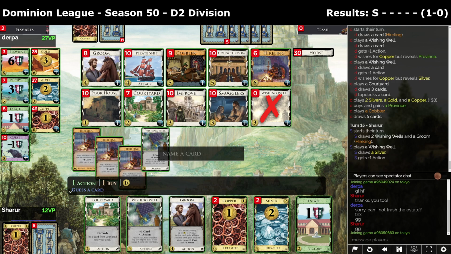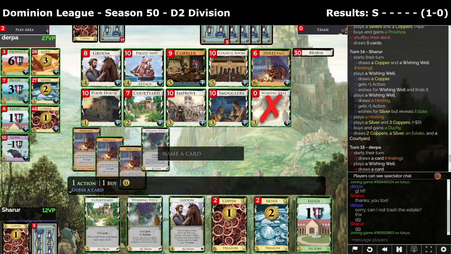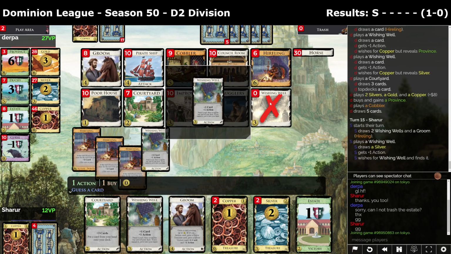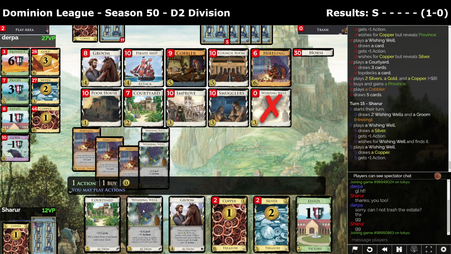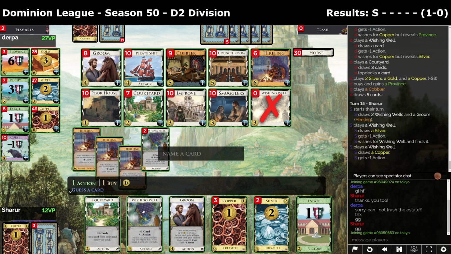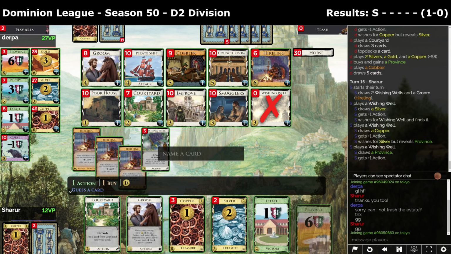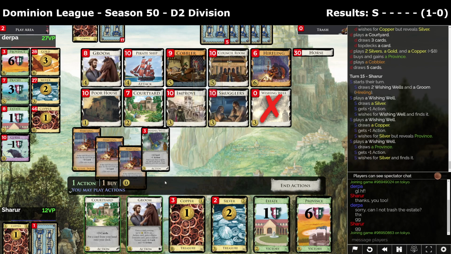Also got the cobbler in play. Alright, we found a bunch of our copper. I guess we can wish for... well. And... I think at this point we wish for silver. No. Okay, we can hit province. I think given we have 3...